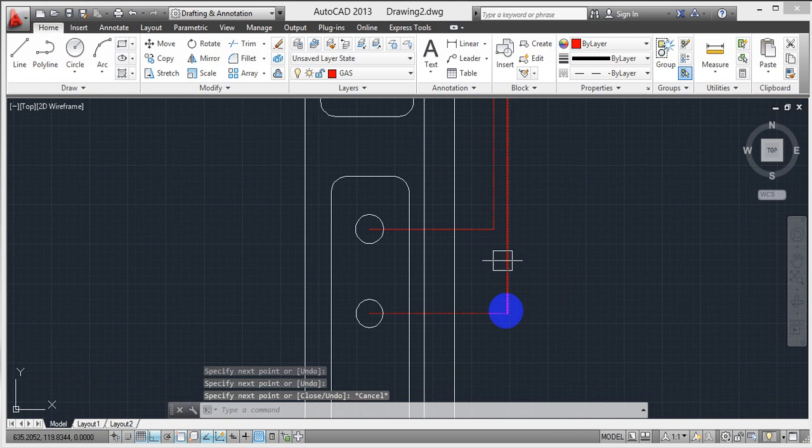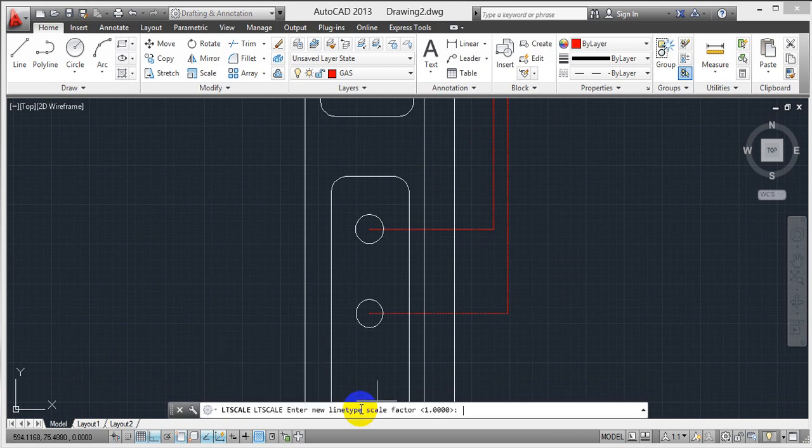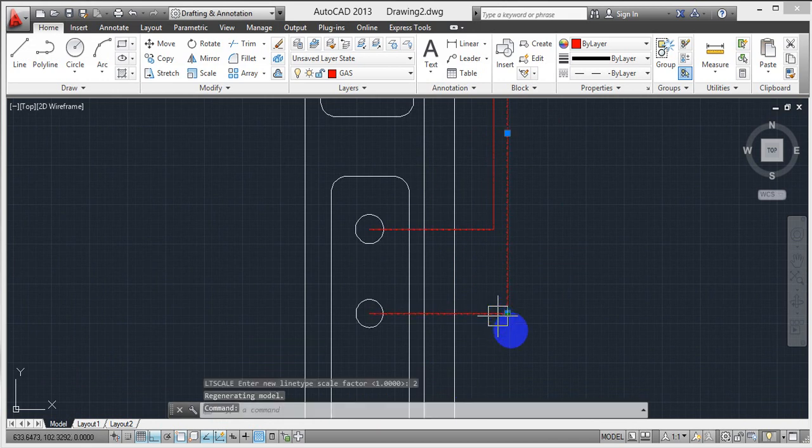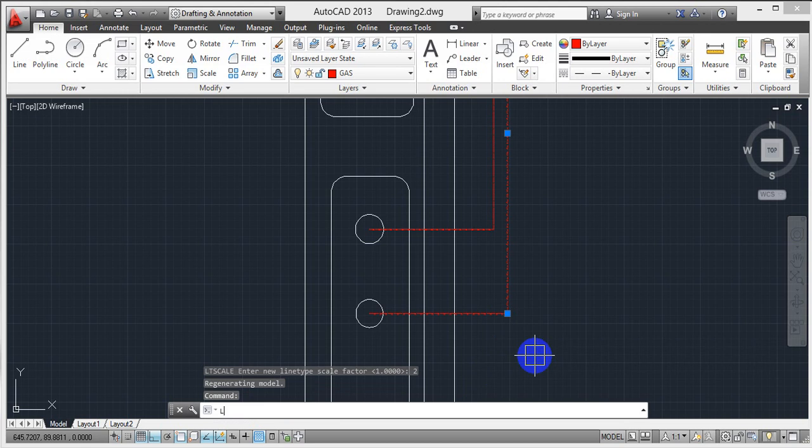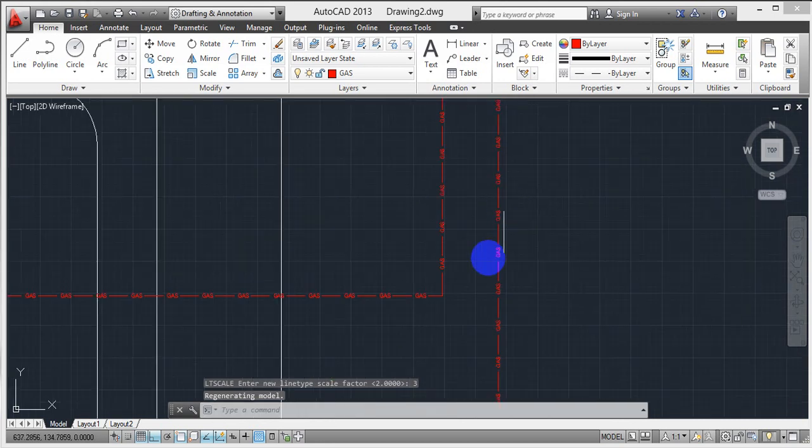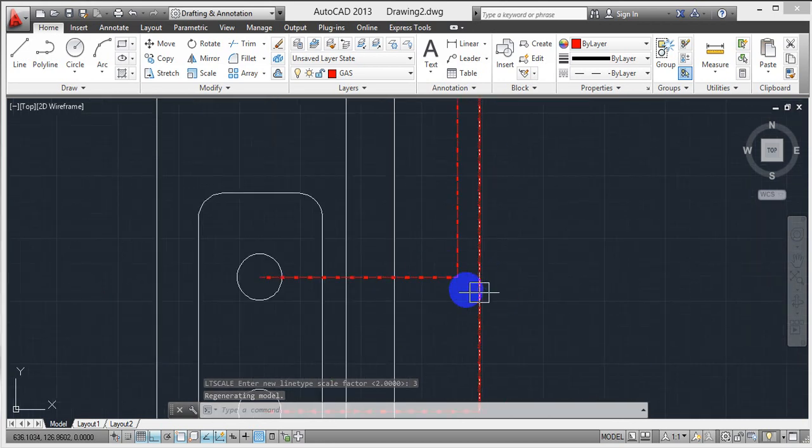Some other topics we have: LTS, enter. Space scale factor 2, enter. There is a little bit of these things we can use.